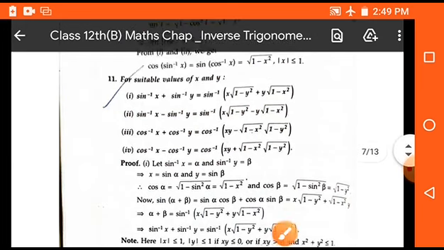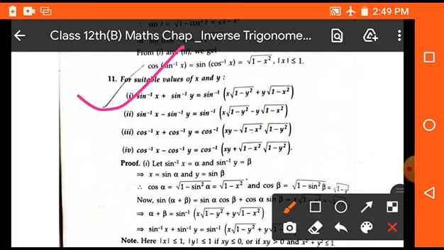Now student, there are four important formulas in terms of sin x and sin y. First is sin inverse x plus sin inverse y is equal to sin inverse in bracket x under root 1 minus y square plus y under root 1 minus x square. Next one is sin inverse x minus sin inverse y. In this case, the formula will be the same, only the plus is converted into minus. That means sin inverse in bracket x under root 1 minus y square minus y under root 1 minus x